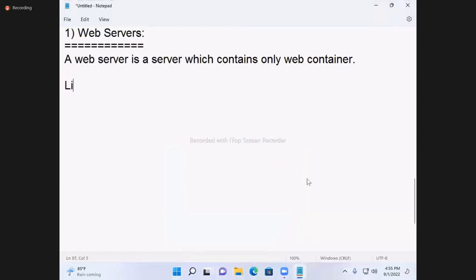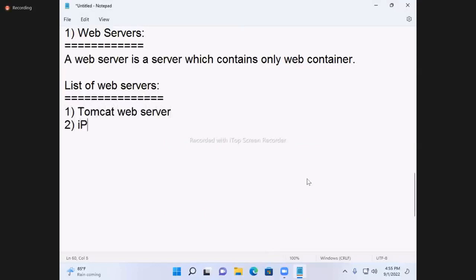Next, write it. List of web servers. Tomcat web server. iPlanet web server. Pramati web server.